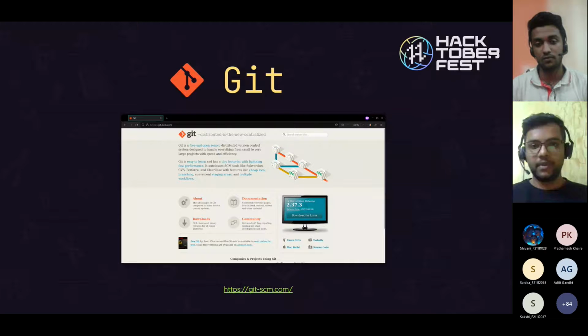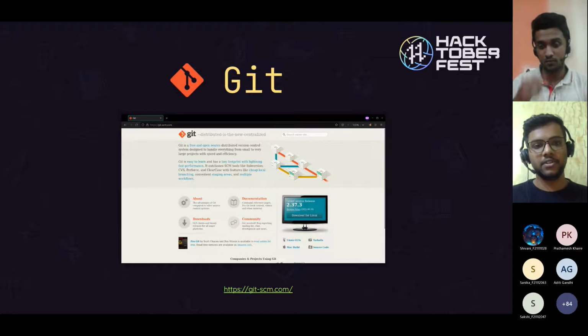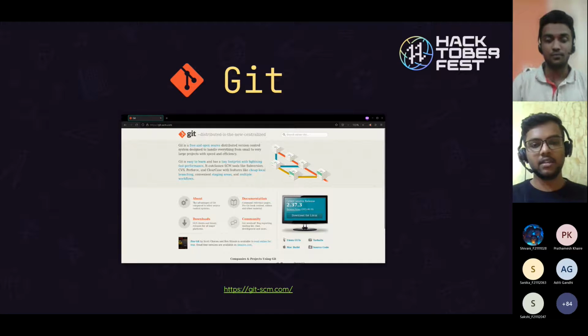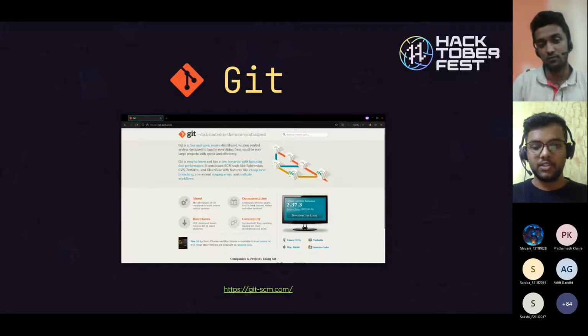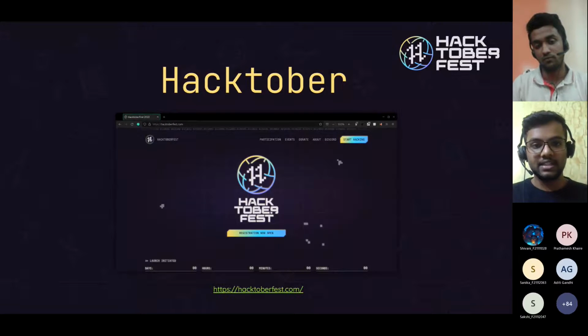That code should not be written by you, and that repository should not be owned by you. You go on the internet and find a repository on GitHub. A repository is a package of code that someone else has written, and you contribute towards it. What Hacktoberfest tells you is you need to contribute at least 4 times to someone else's code. That's where open source comes into the picture.